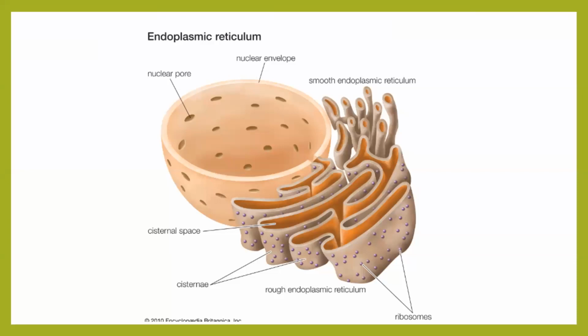Correct? So all these roads of the ER, which are filled with little bit of fluid and the space, this road or this orangish structure, which is actually hollow, will be called as cisternal space. So each one bag or each one fold will be called as cisterna. Many folds will be called as cisternae, and the space inside. So it is nothing looking like a purse. Imagine a purse, a lady's purse, typical lady's purse.